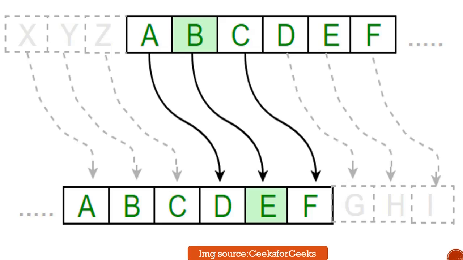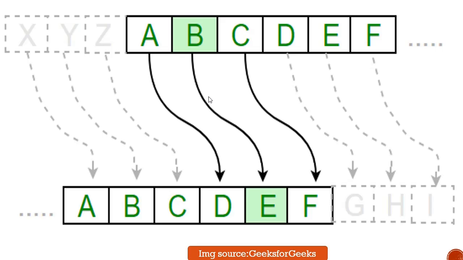This diagram makes the concept of Caesar cipher clear. For the shift of 3, A will be replaced by D, B will be replaced by E, C will be replaced by F, X will be replaced by A, and Y will be replaced by B. For the decryption process, A will be replaced by X, B will be replaced by Y, and C will be replaced by Z. D will be replaced by A. Similarly, all the alphabets are replaced in the Caesar cipher.